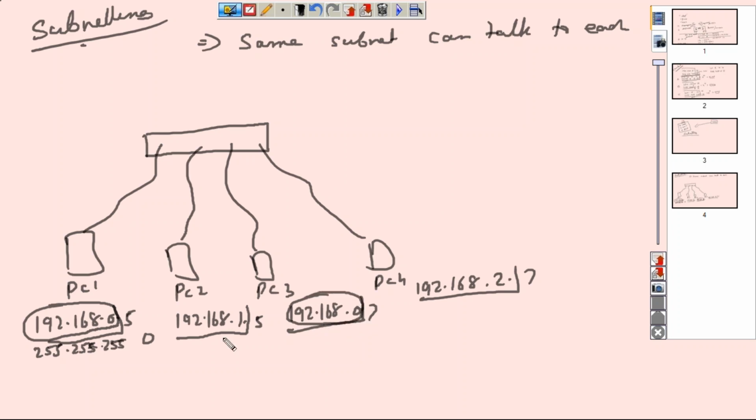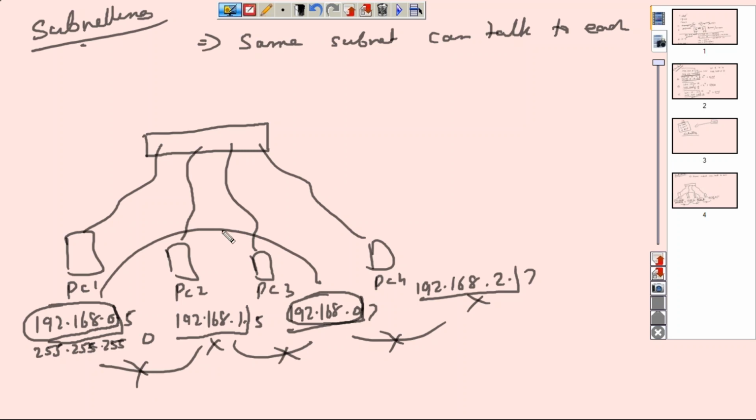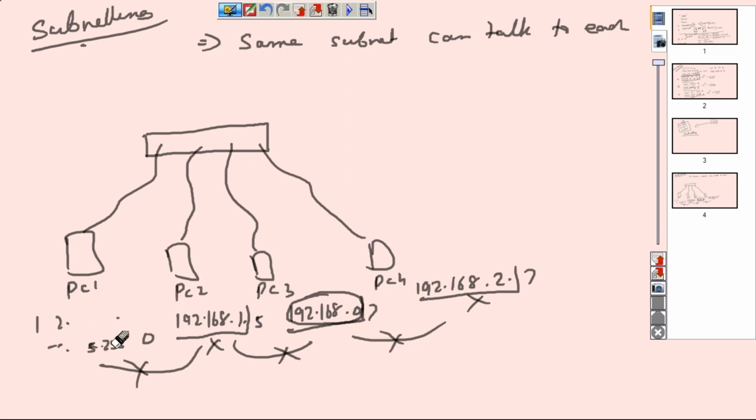Correct? Your answers are exactly correct. I'm just trying to drill down a little bit more. So these guys, neither will they talk to each other, nor will they talk to those guys, right? Only these two guys are going to talk to each other. So now keeping that in mind,